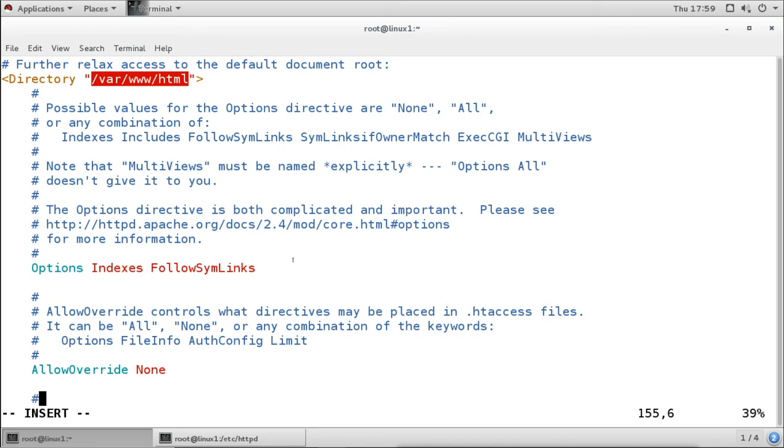Then the other options are like includes, for including other files, and follow symlinks, which we can add. This option is already there. That means it can follow links also. Suppose we want to put some big data into this website directory, and the data is in another directory in another location.